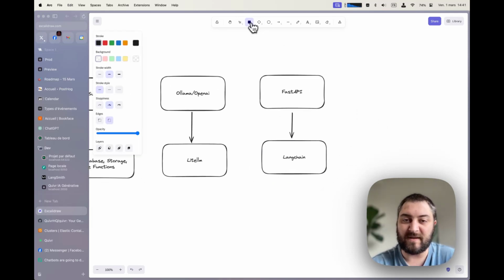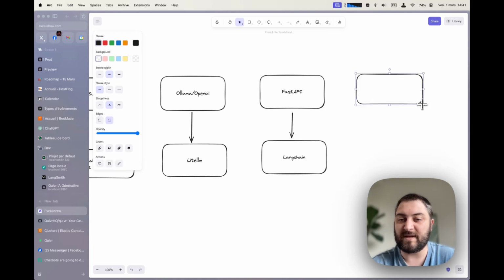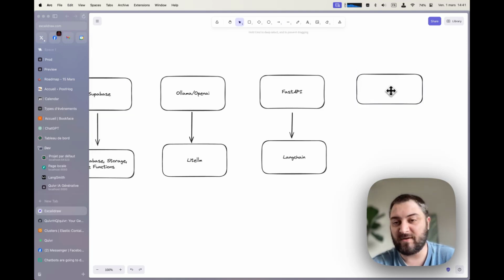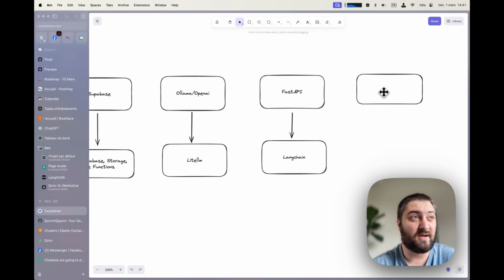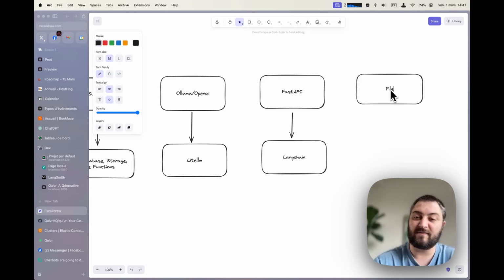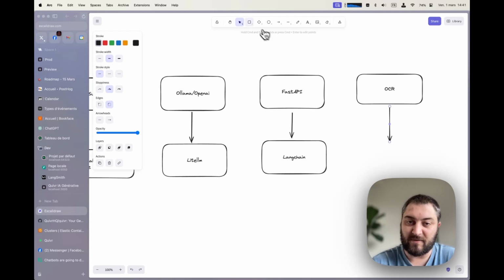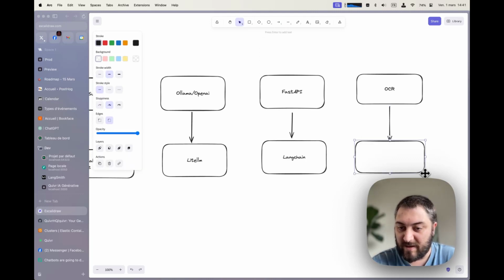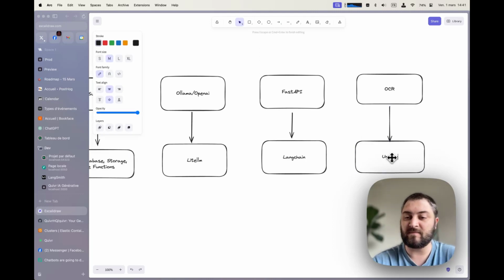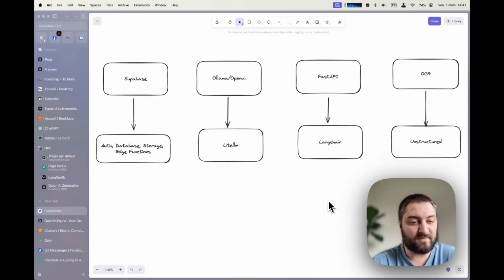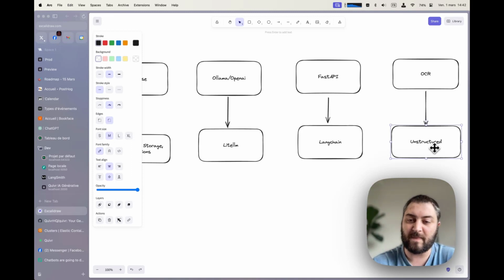And the last thing is, usually in what we call a chatbot, in our case it's a RAG, so we have files that can be uploaded and read, and so we use OCR, and in order to do that, we use a library called unstructured.